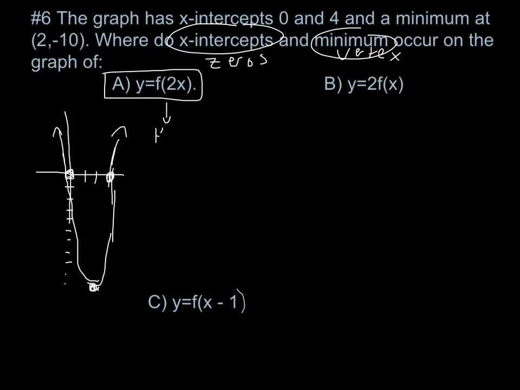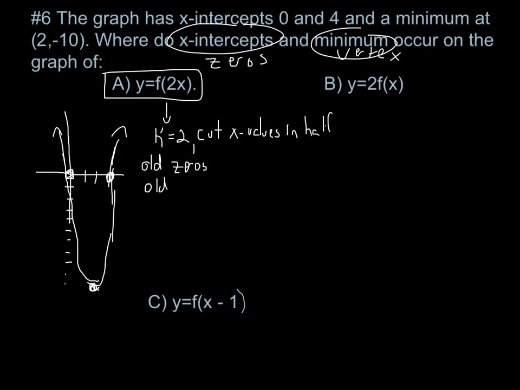Okay, well we have a k value of 2, and it's on the inside. Now remember, that's the weird one. That's where you're running twice as fast. And when you run twice as fast, you get to your destination in half the time. You get to your horizontal destination in half the time. That means you cut the x values in half. Alright, so I'm going to put the old zeros